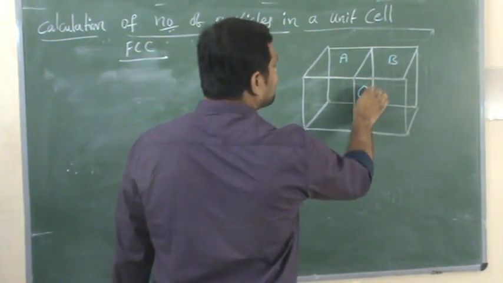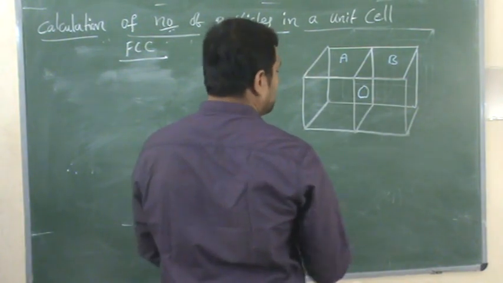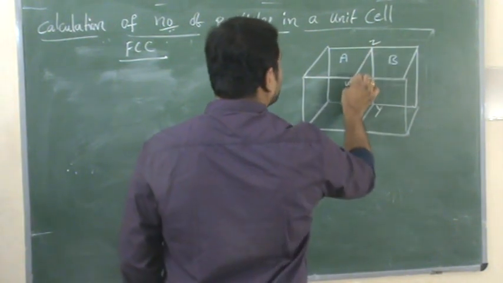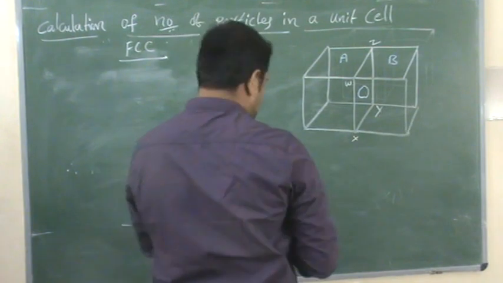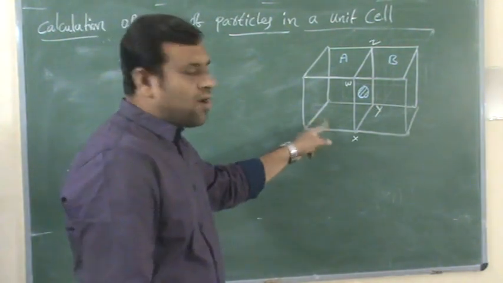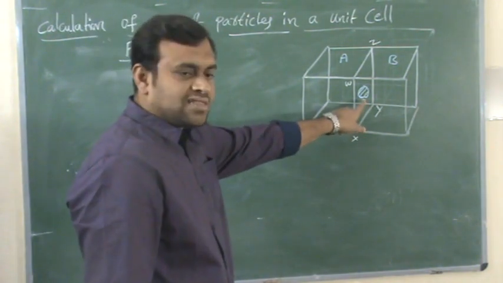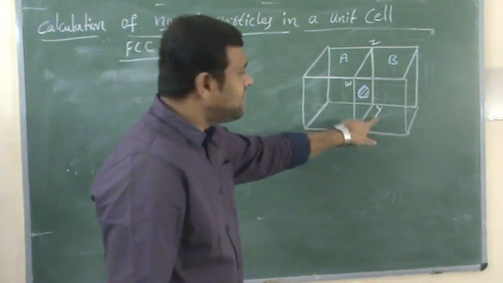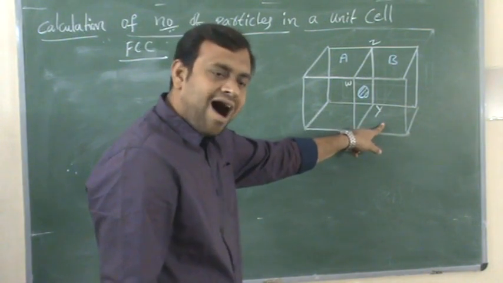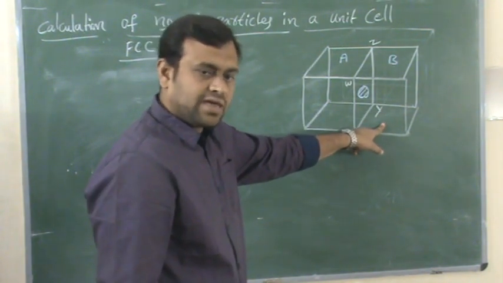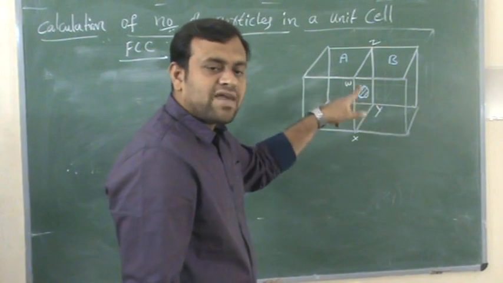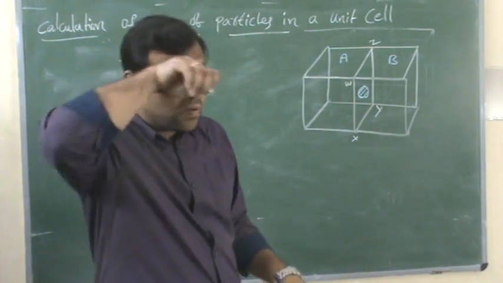This is the particle present at face center, right? Let us take X, Y, Z, W as a face. I had placed a particle on this place. So can you say now how many unit cells share this particle? 2 unit cells. That means this unit cell will get half of the particle and this unit cell will get half of the particle. Is it correct or not? Yes. So therefore the contribution of each particle present at face center is how much? 1 by 2. Are you following?